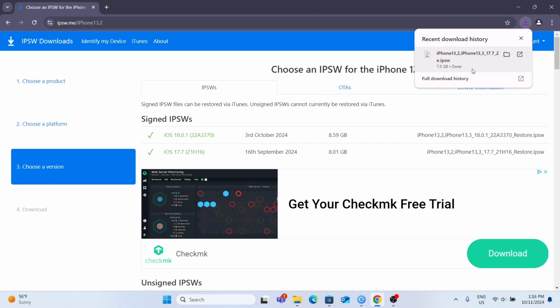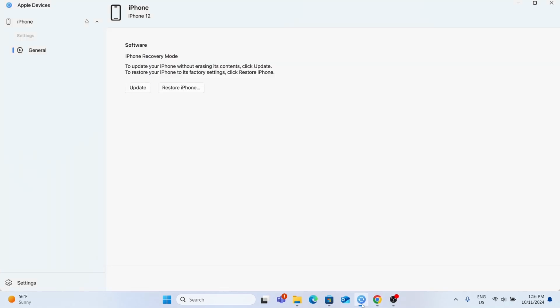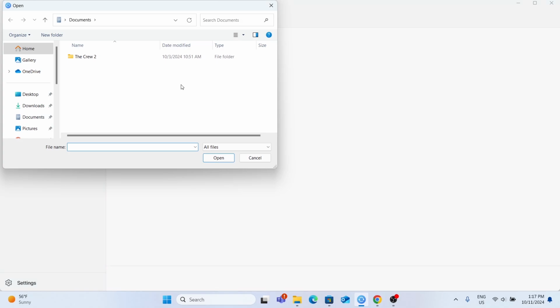Now since the file is downloaded, you can open the Apple Devices app on your Windows PC and also connect your iPhone via a cable to your computer. And as you can see, it shows here. When I go into the general settings, I can find this menu, and now to choose a file to restore from, you'll need to hold down Shift on your keyboard, and while holding it down, click on Restore iPhone,